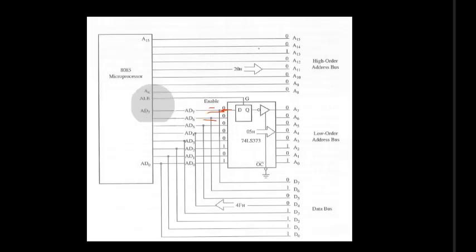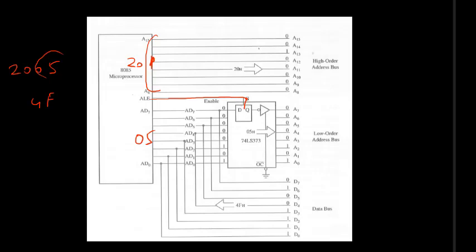So here is how it works, let us see. Let us take the previous example. At 2005 we have this instruction, we have to read instruction 4F. In the first clock pulse, the entire address is kept on the address bus such that the higher order address bus has the address 20H, and 05 is placed on the low order address bus, and simultaneously this ALE signal becomes high for the first clock pulse.